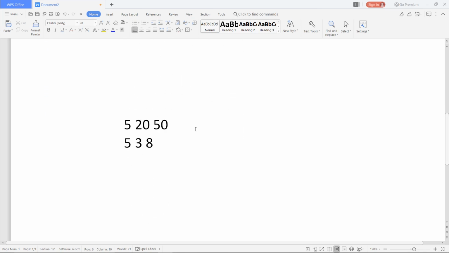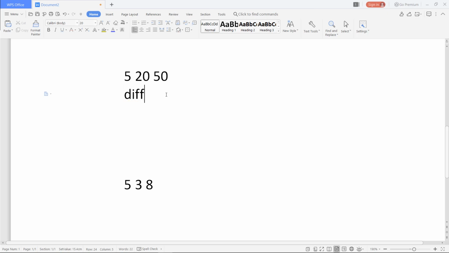So let's take this example, 5, 20 and 50. For this example we will find the difference between 50 and 20, that's 30, and since we need 5 numbers for a total difference of 30, we have to partition it into 4 parts.